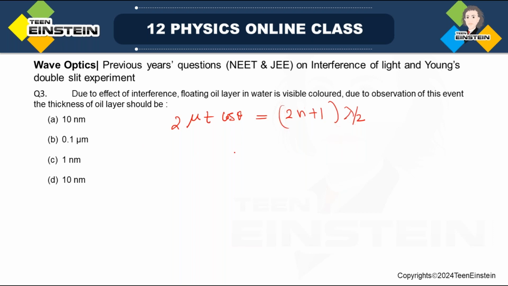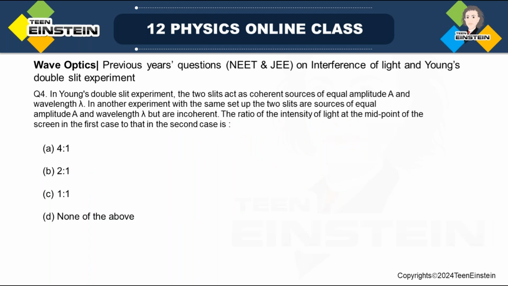So I think better to skip it now, because I'll just discuss this formula or this theory first, then I'll come back to this question. Anyway, if you are trying, this will be the answer. So 10 nanometer will be the order of that thickness. So anyway, I'll just discuss this theory first, then I'll go for this question. Okay, next question is,